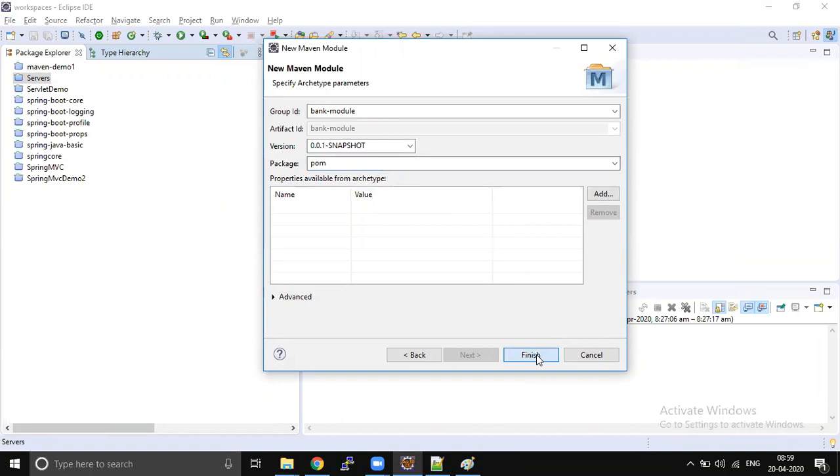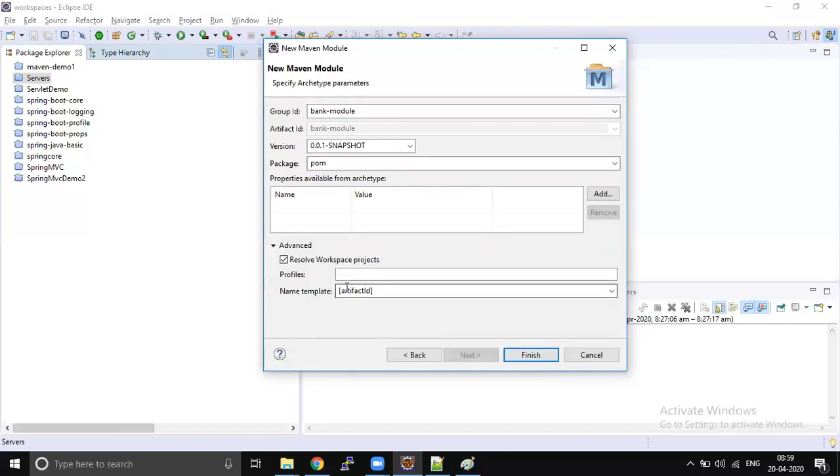I am not able to create it. It is not showing any error.